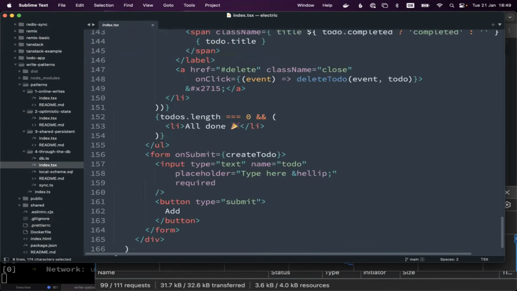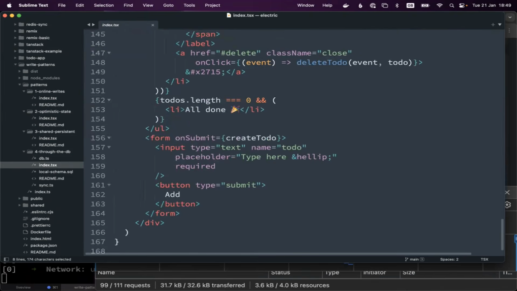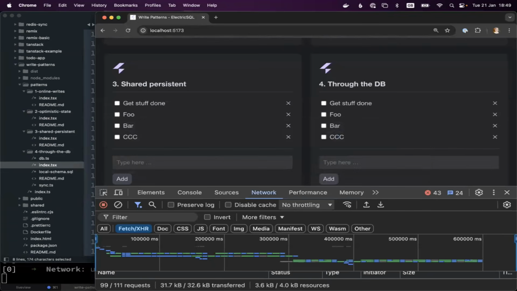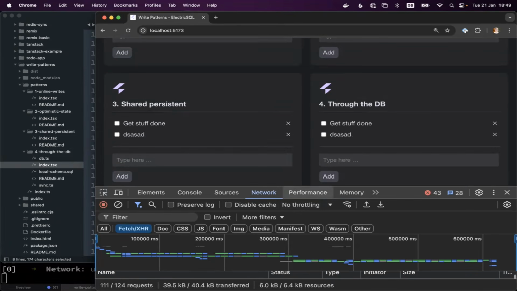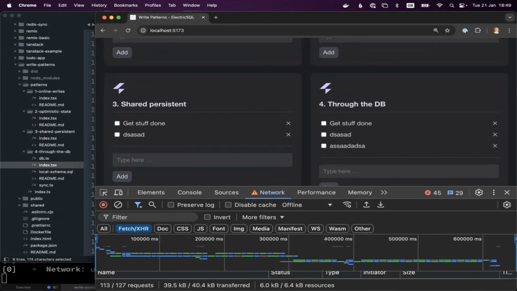And that's that, basically. If you look at the behavior again with the application, it's exactly what you expect. Everything's instant and it syncs through, and obviously it's supported offline. In this case, we don't have the same spinner because it's not needed, because the operations are accepted into the local embedded database.